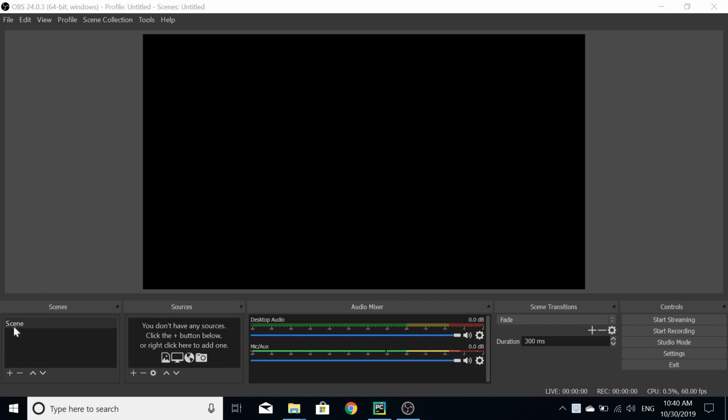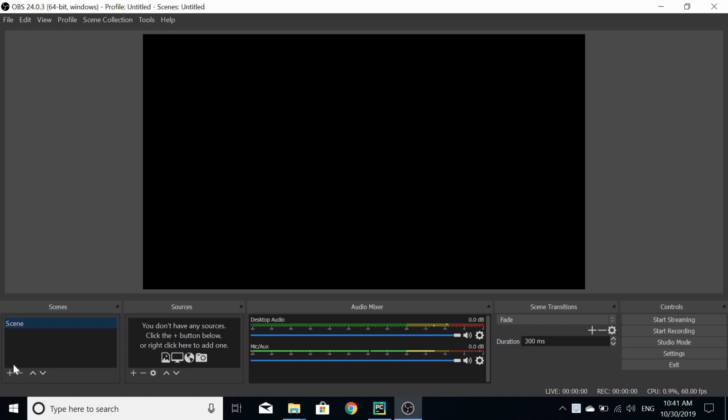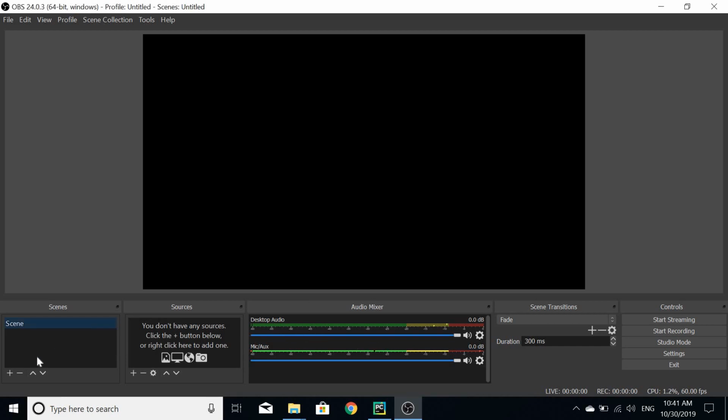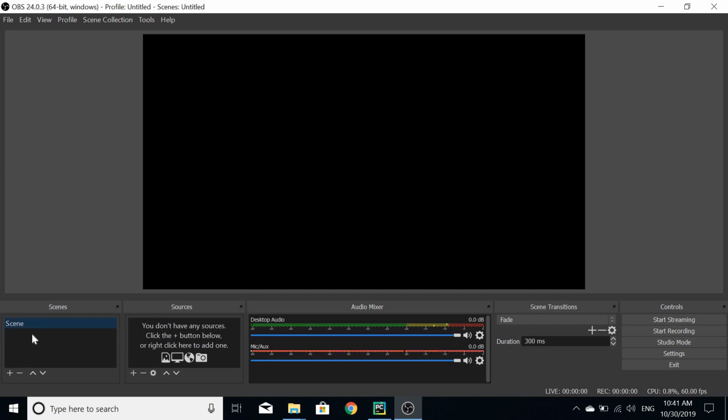By default, there's one scene, just simply called scene, here, and you must have at least one scene for OBS to work. In fact, if I tried to delete this by pressing the minus button there, it says there needs to be at least one scene. And as you can see, since there was a system alert, the desktop audio popped up there. Bling, there we go. But anyway,